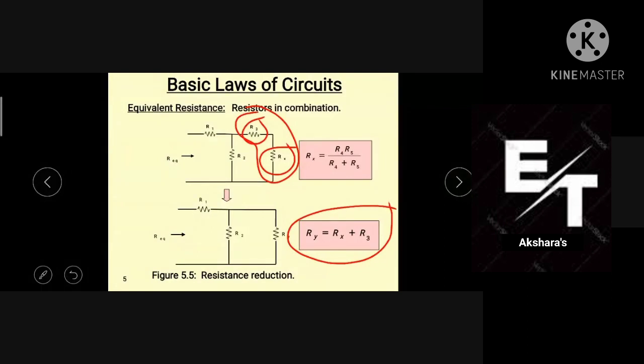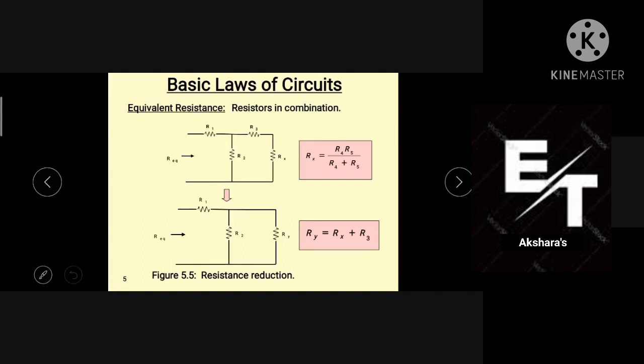In this diagram, we are mentioning some R values, but in your examination, the examiner will give some values like 3, 4, 5 and so on. Okay, we get some value from the previous circuit. Sir, actually from the above circuit we get the Ry value. That Ry is written in this third circuit.